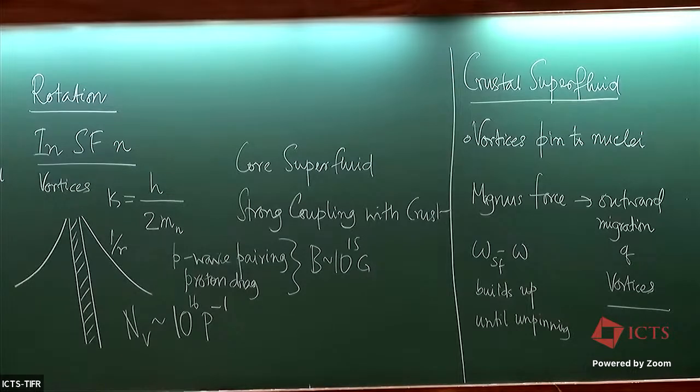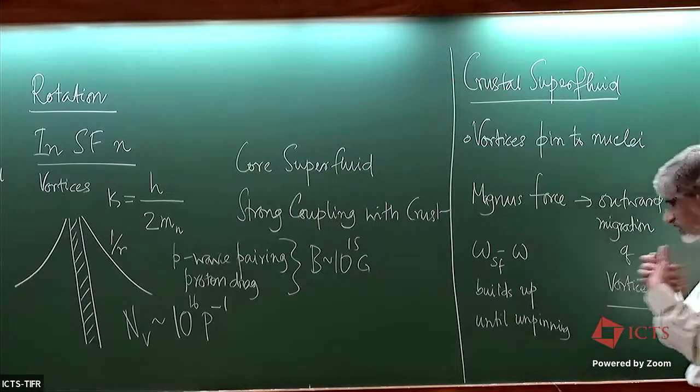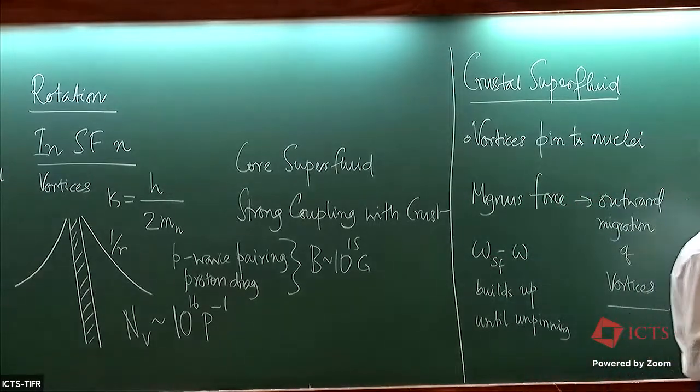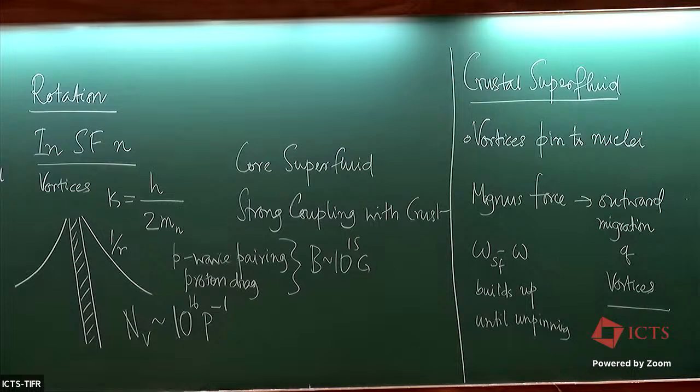Where does this angular momentum go? It goes back to the crust, right? So what you will see is that suddenly, when this collective unpinning happens in a certain region of the crust, you have a certain amount of angular momentum suddenly given to the crust. So if you look at the spin rate of the star from outside, you'll see that the spin frequency